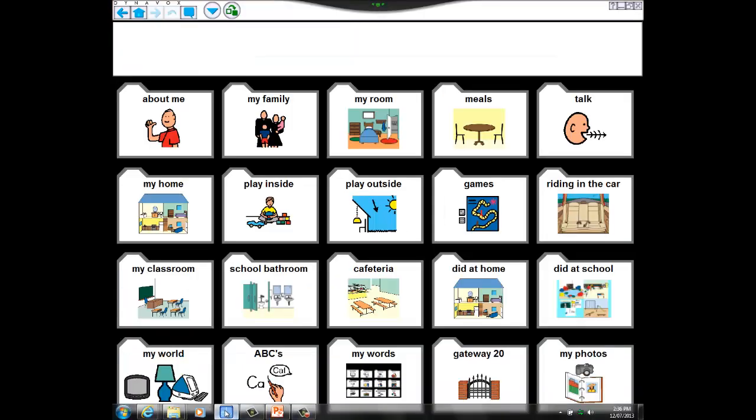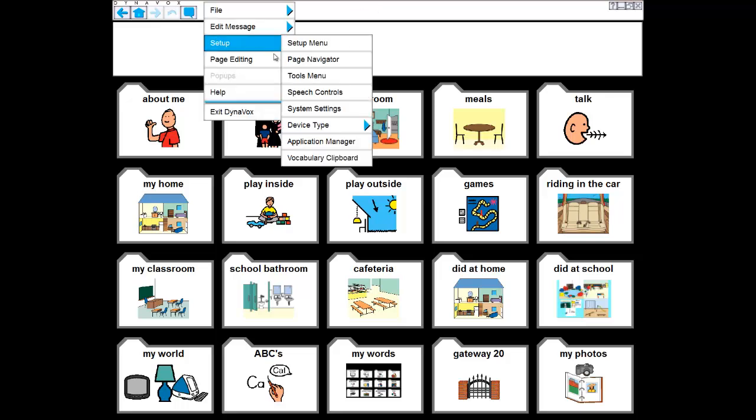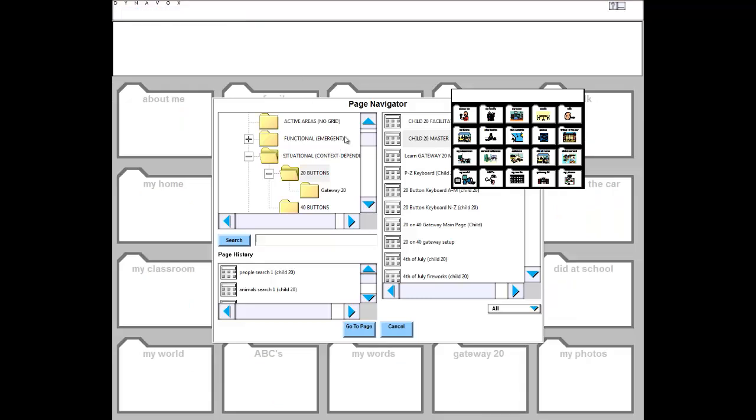So I'm just heading into the Dynavox software now. This is an example of one of the pages. If I go here into Setup and then the Page Navigator, this is kind of like the filing system for the software. So I can see those early emergent pages with 6 and 12 buttons are saved here. I'm in what we call the situational or context dependent user, child user, and I'm heading into the 20 cell